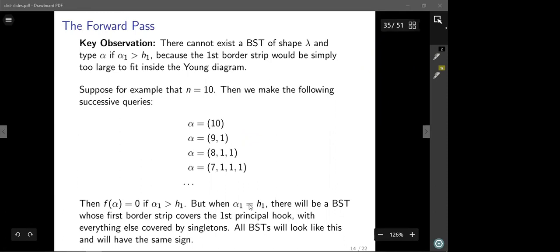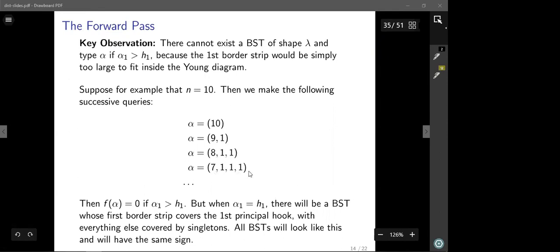If in fact the first principal hook is less than 10, then the answer is going to come back 0. All right. And so if we hear that, we can then go on to this next thing, 9, 1,